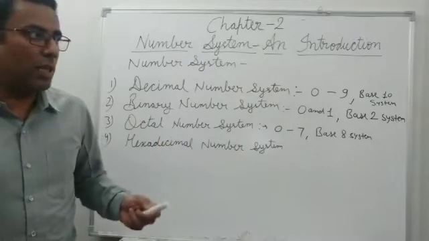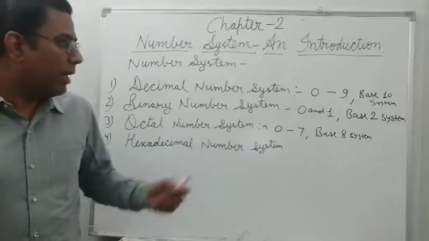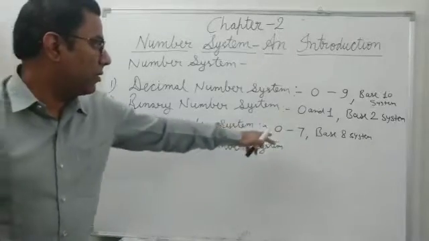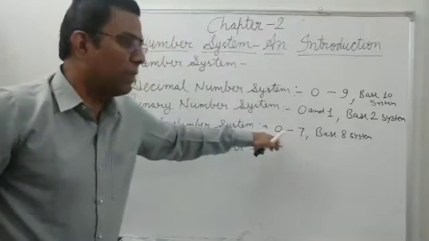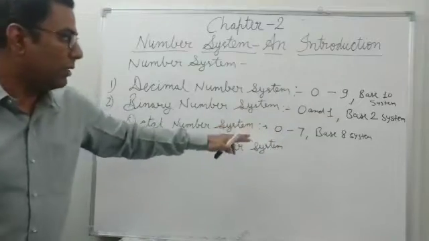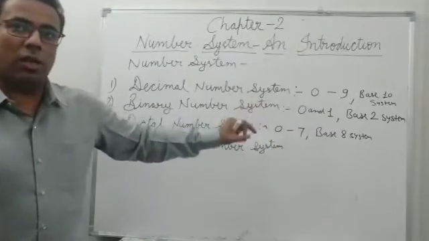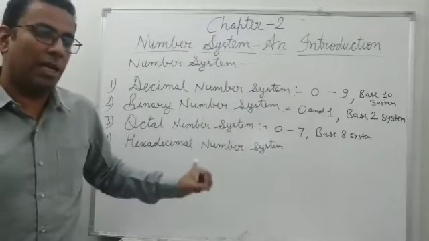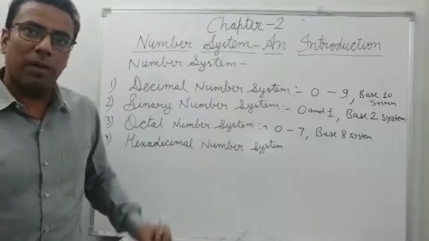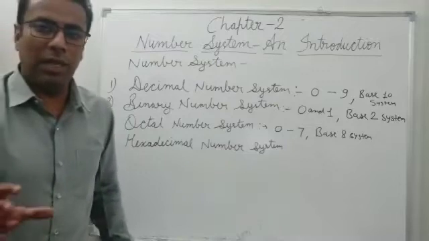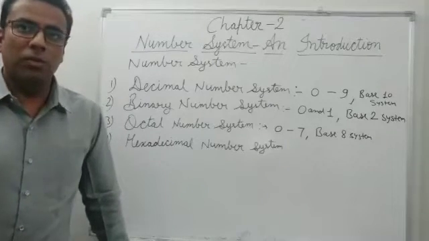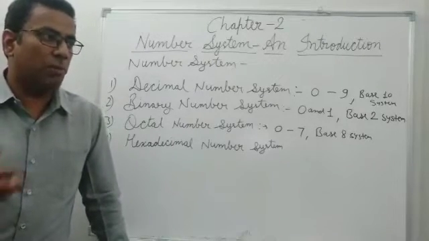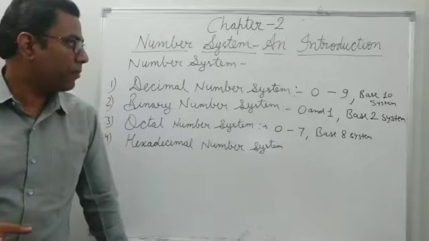And this is a positional value system where each octal digit, a digit between 0 and 7, is called an octal digit. Each octal digit has its own value expressed to the power of 8.